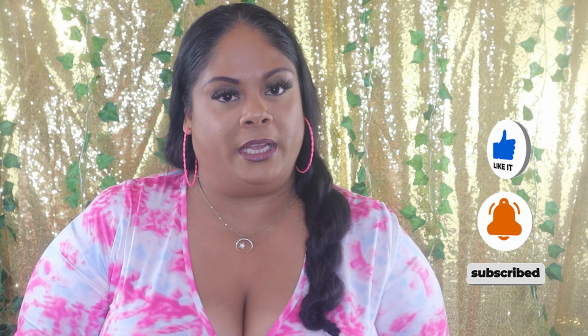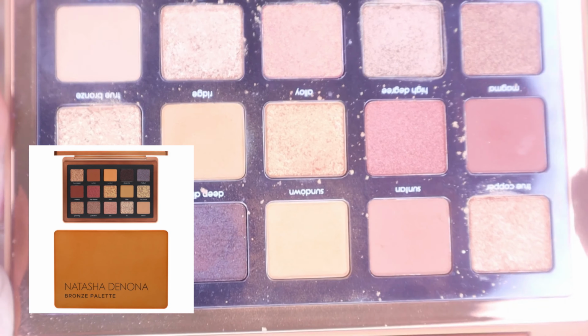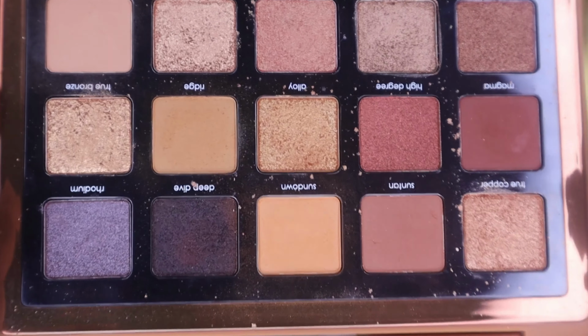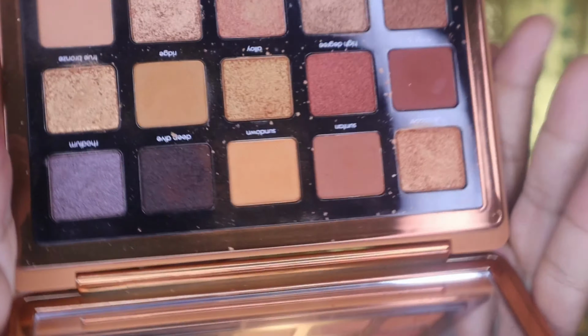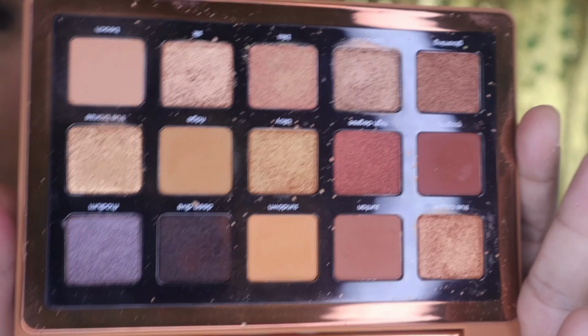It's a great beginner palette if you're just starting out with Natasha Denona. It is a great palette all around. It is the bronze palette, you guys. This one, the entire theme is just super bronzy eyeshadow. I like this one because I feel like the transition shades are nice. It gives you a really good variety, and I feel like this can work on a lot of different skin